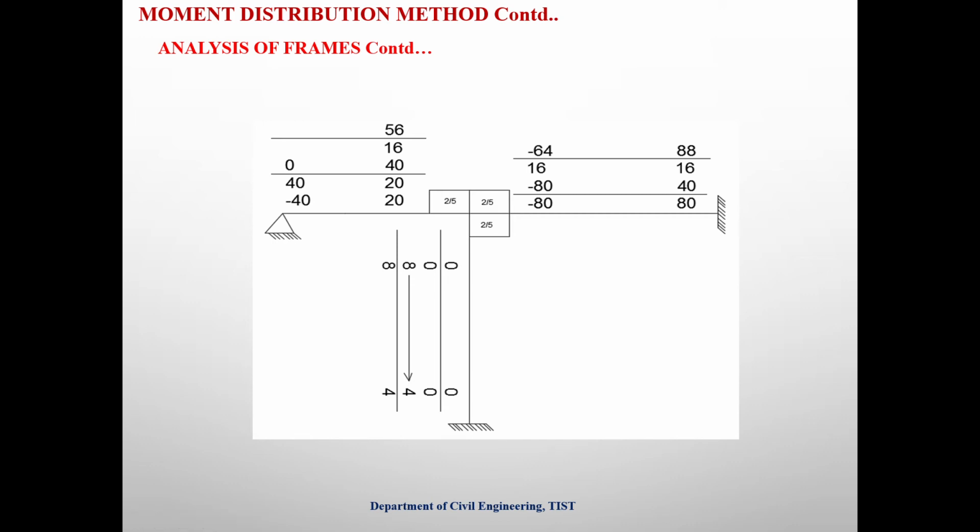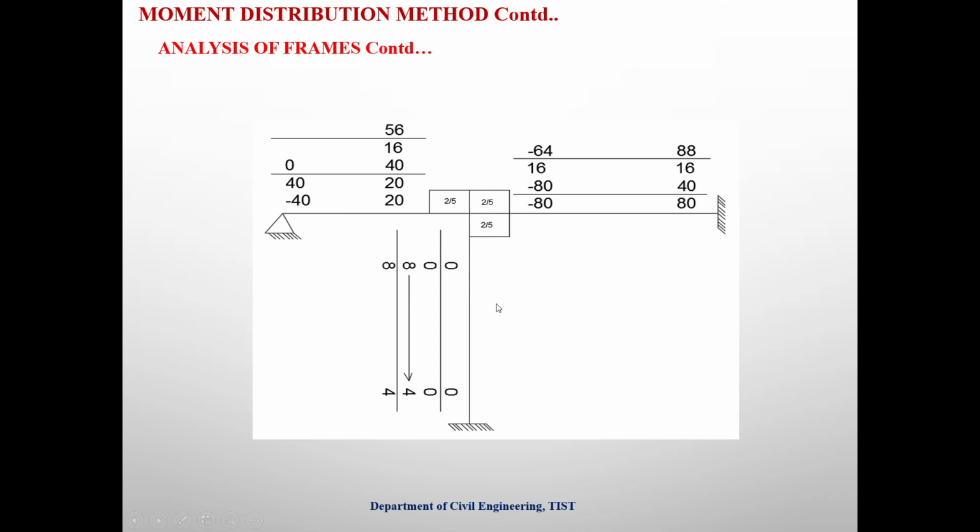Okay, then we have to consider the total. Check whether the total moment is equal to 0 or not. If it is equal to 0, then we have to consider MBA plus MBC plus MBD is equal to 0. If it is not equal to 0, we have to consider the negative of that value. We have to apply the negative of that value in order to make the moment equal to 0. When you apply the negative of that moment on the basis of distribution factor, that means 2 by 5th of that value will be for BA, 2 by 5th of that value will be for BC and 2 by 5th of that value will be for BD.